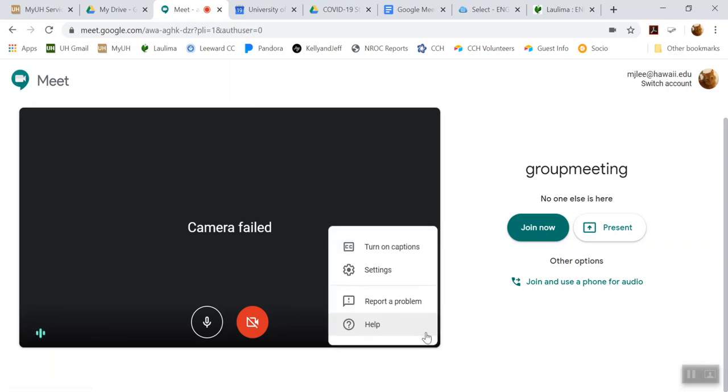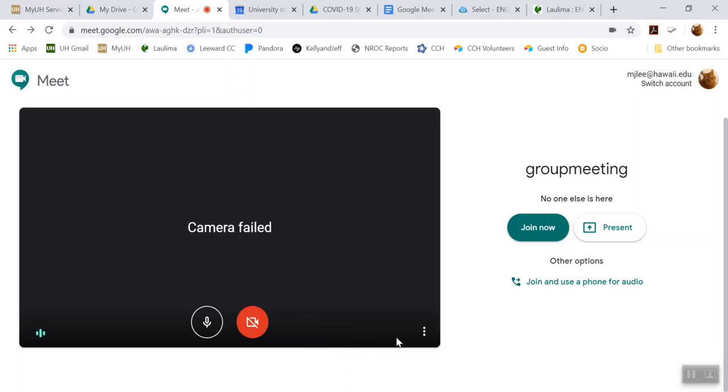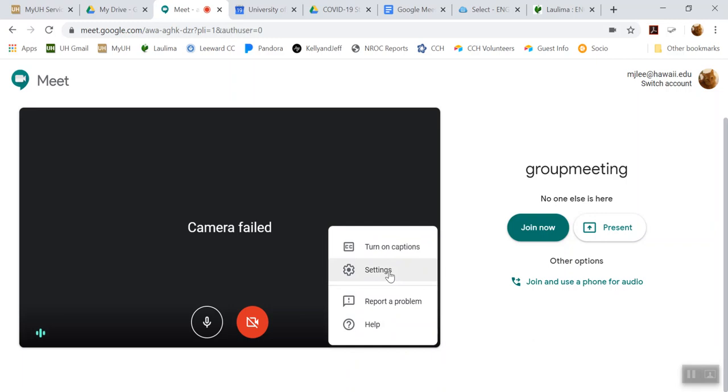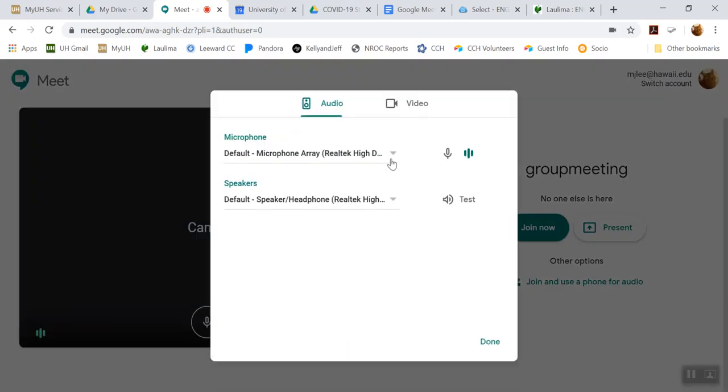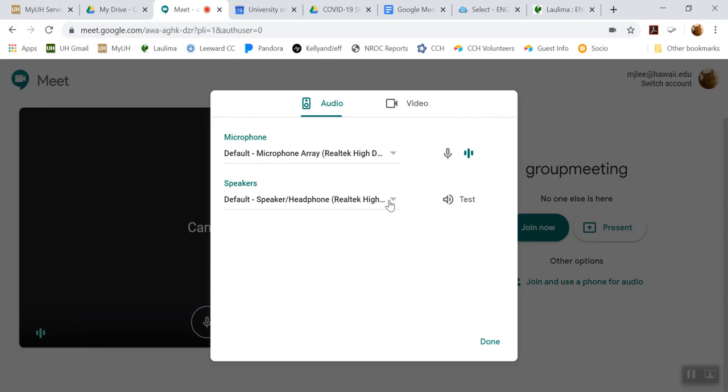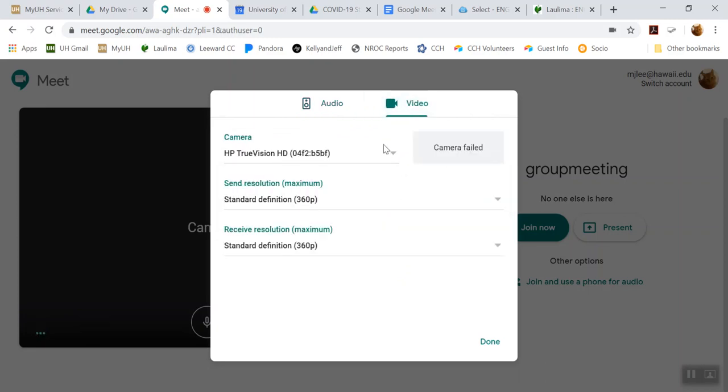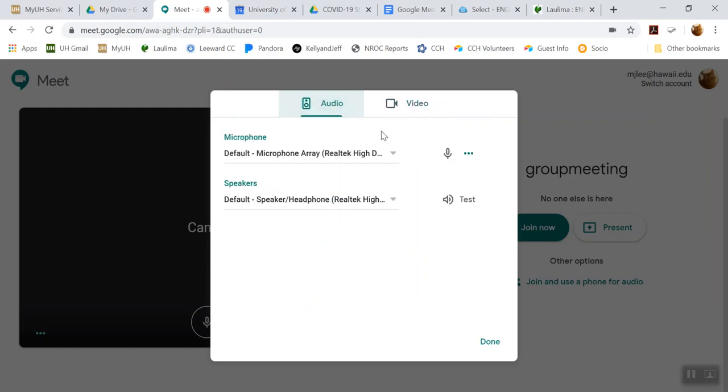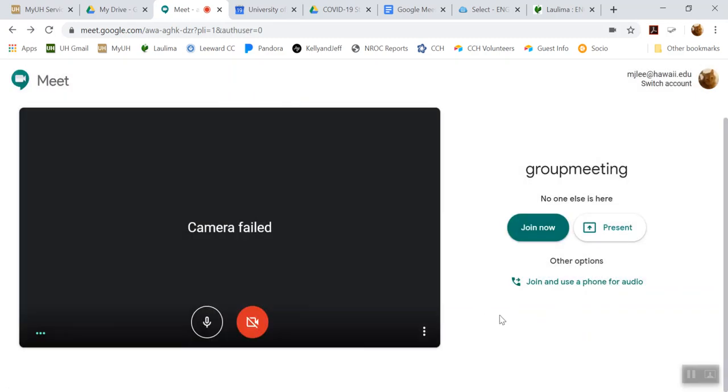If something's not working, you can go to these three vertical dots here on the side. Let me show you that again, these three vertical dots here, and you can do settings, and then it'll have you choose what your microphone is, choose what your speakers are, and then you can test to see if they're working. Okay. So after you do that, then you can click on join now,